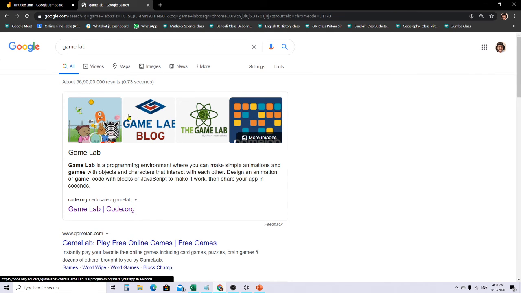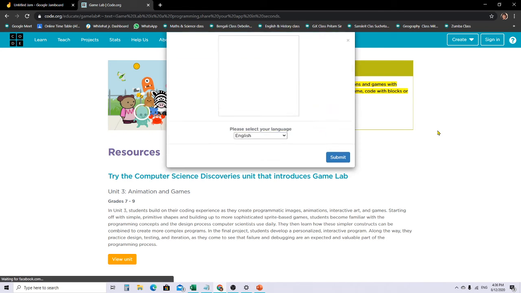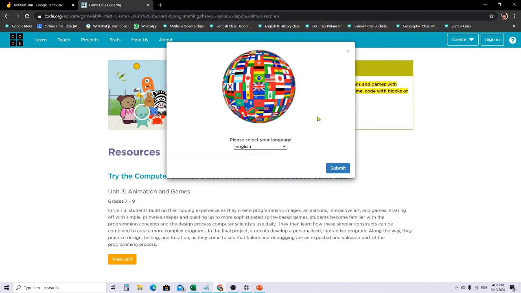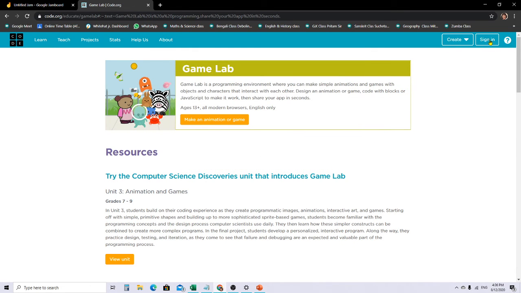Then this will come. Go for gamelab/code.org. Now this will come. Select your language, whatever language you want, and submit it. Then go for make an animation or game. In Game Lab you can make an animation also.